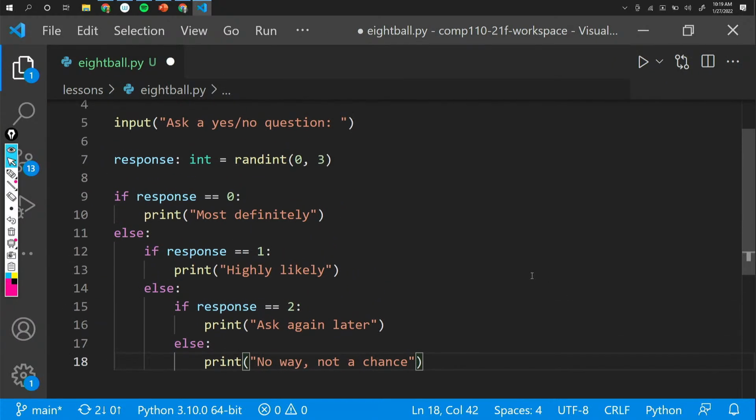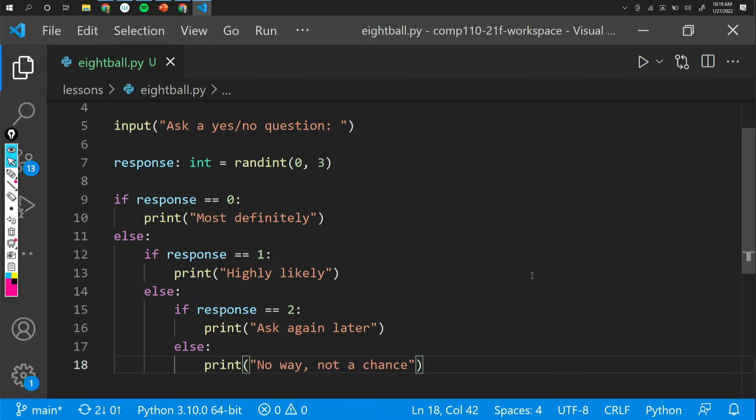All right, so let me make this just slightly smaller so this all fits and pause right here. So the point of this code segment is to generate a random number, right, between 0 and 3. And then we are choosing one of 4 possible paths, right? So if that number is 0, we're going to print most definitely. If the random number is 1, we print highly likely. 2, ask again later, and so on. And we see that there's only one of 4 possible outcomes here, right? No number that is generated can print multiple statements in this nested if then else statement for the reasons we just discussed.